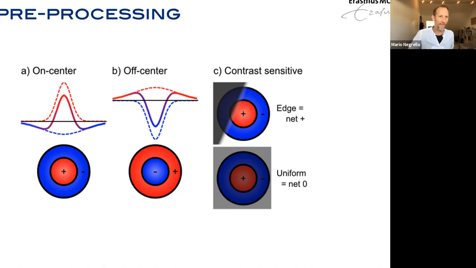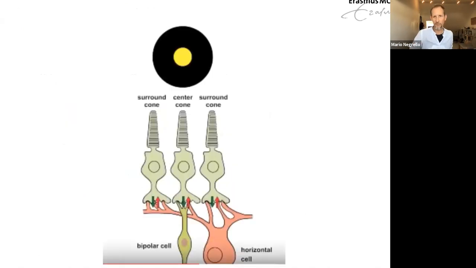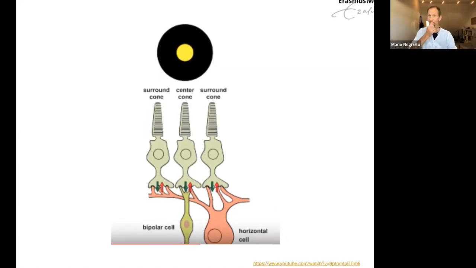In on and off cells, and this is what I am missing here, I just noticed that one of my YouTube links has been taken down. The link that explains this particular arrangement in the retina from cones to horizontal and bipolar cells has been removed. I have another version of it that I'm going to share with you later. The nice thing about this one was that it was just a 2-minute short snippet. Unfortunately, it is no longer available. I'm not going to do the search right now, but I am going to do the search later so that